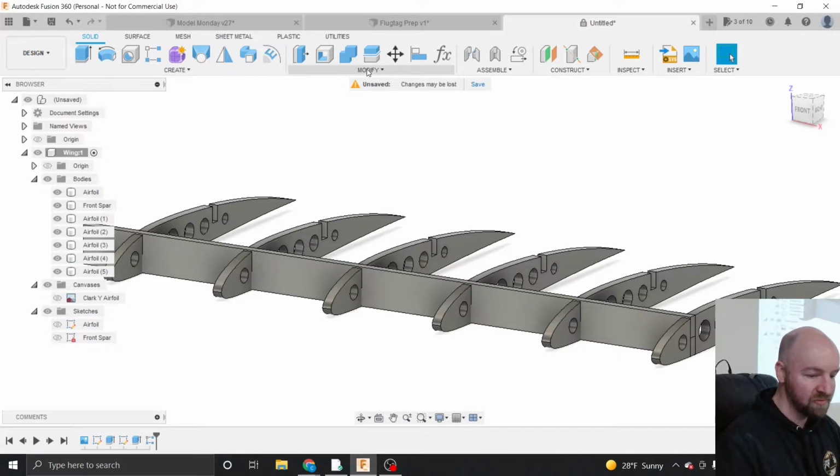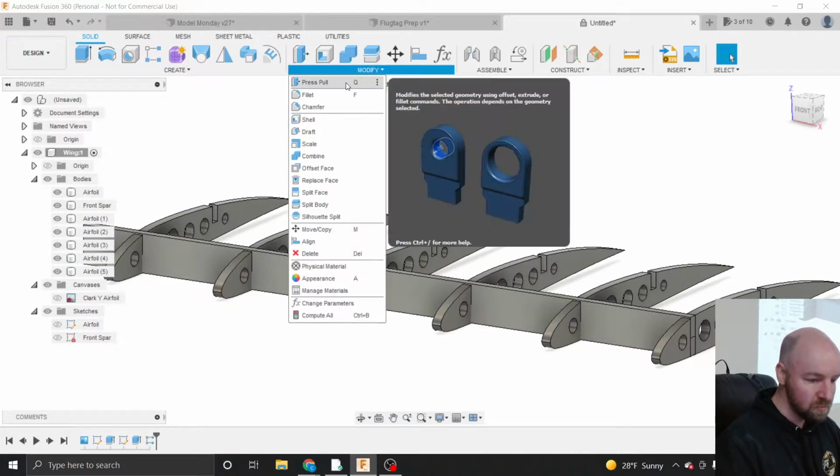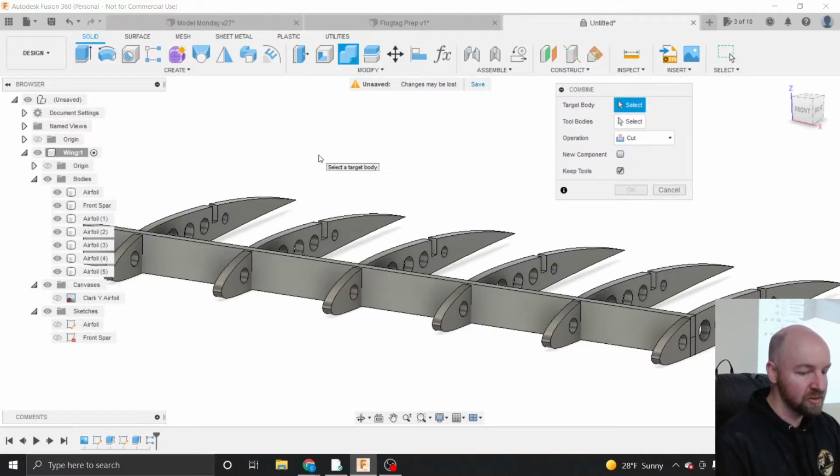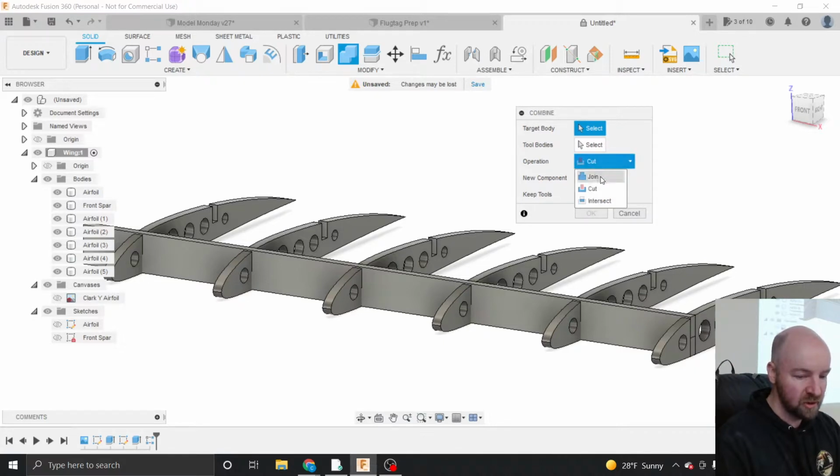From the Modify menu, there is an option called Combine. And I say counterintuitively because we're actually going to use the Combine tool in order to cut. So the default operation for Combine is Join. If we change that default operation from Join to Cut,